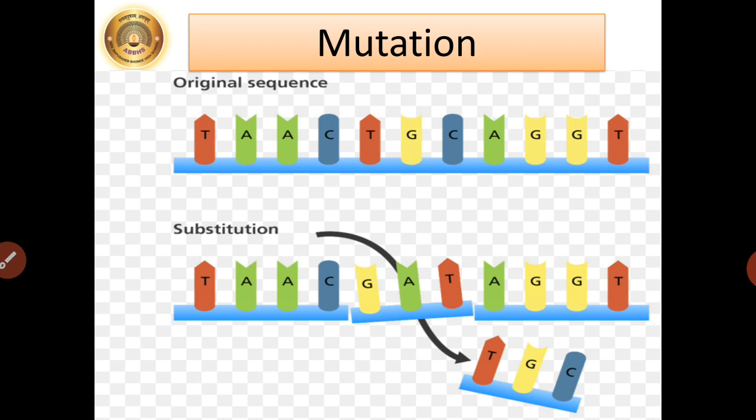Because of mutation, we see changes or differences between the parents and their offsprings. Living organisms can produce new individuals like themselves due to genes only, and some of those genes are transmitted to the next generation without any changes. Due to this, some of the characters of parents are transmitted to their offsprings.